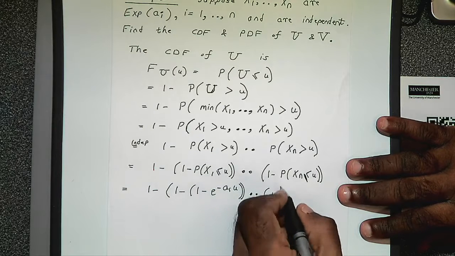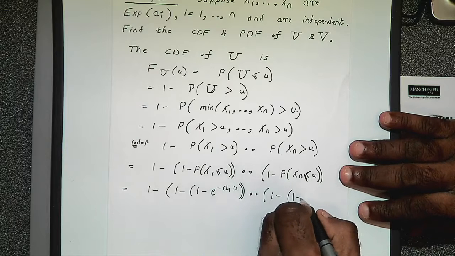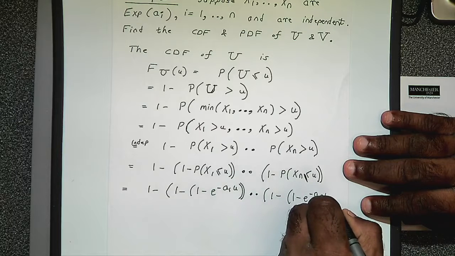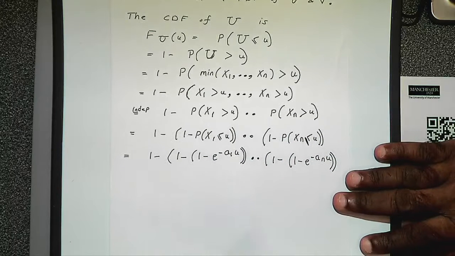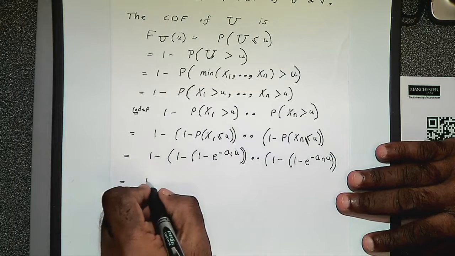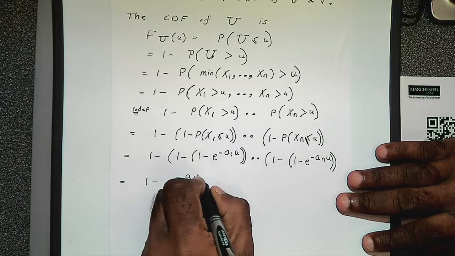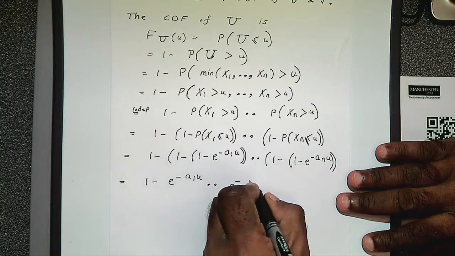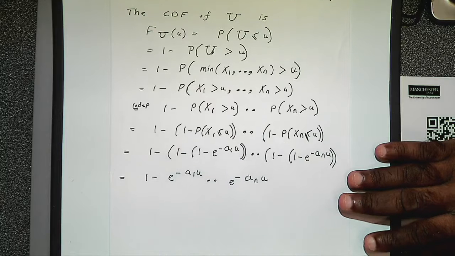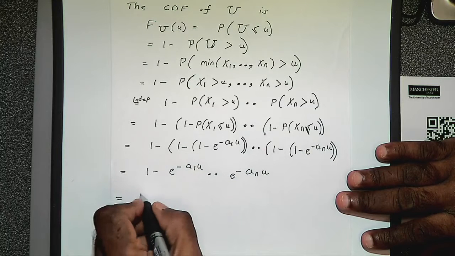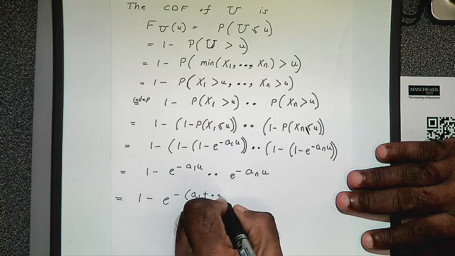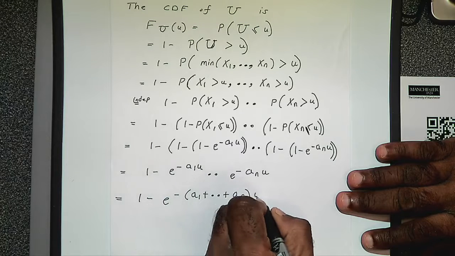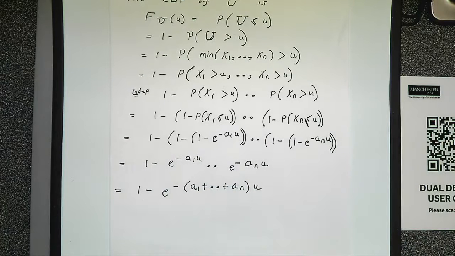And this is going to be 1 minus e to the minus an times u. You follow what I'm saying? Yeah, right, the ones cancel, so this becomes 1 minus e to the minus a1 u up to e to the minus an u, right? So this is saying that this is 1 minus e to the minus (a1 summed up to an) u. All right, so that's the CDF